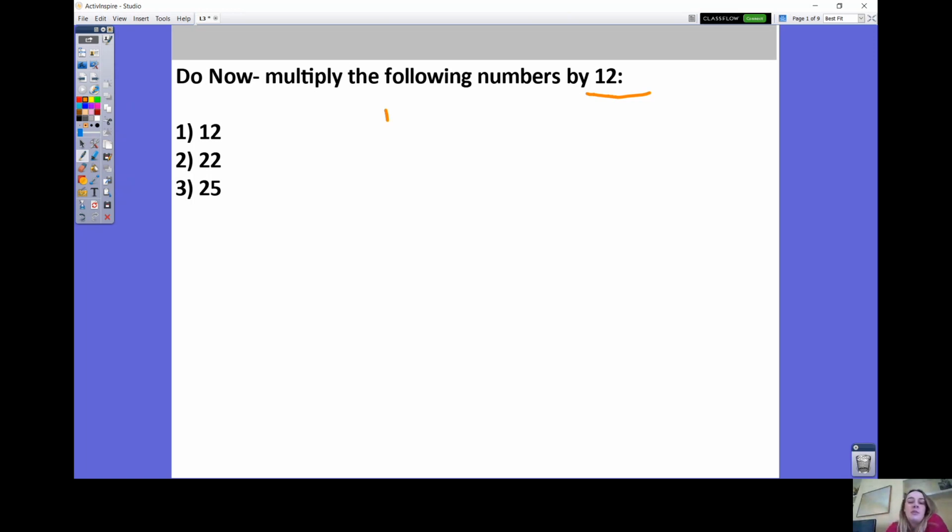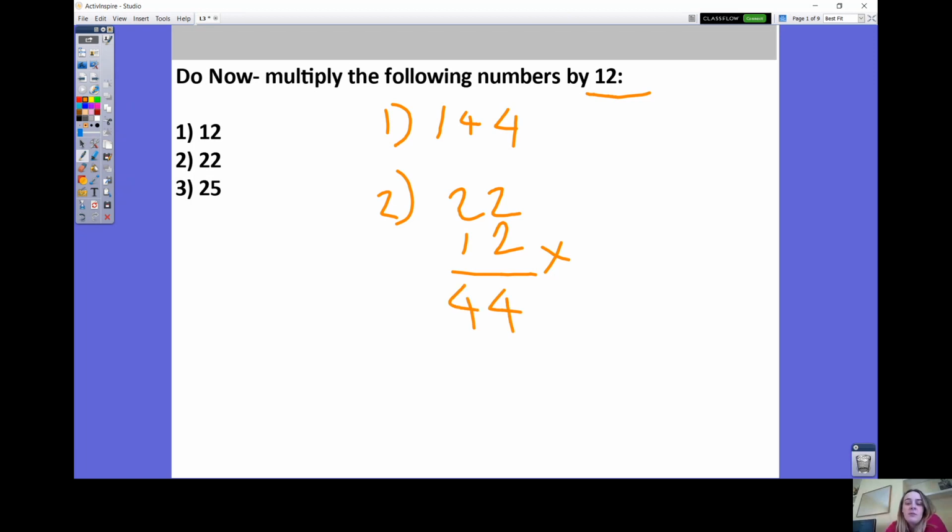So the first one, we should know that 12 multiplied by 12 is equal to 144. The second one, we're going to have to use long multiplication for this, so I'll just model out how to do it now. 2 multiplied by 2 is 4, 2 by 2, 4, remembering 0 here, 1 by 2 is 2, 1 multiplied by 2 is 2, and then adding them together, so the answer is